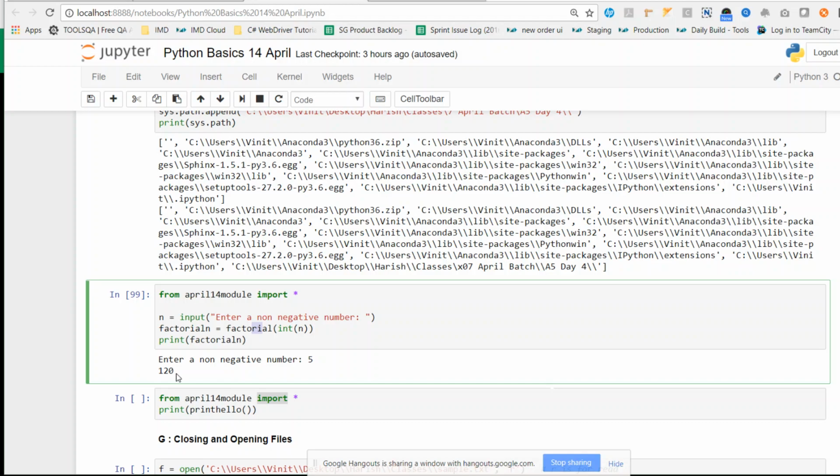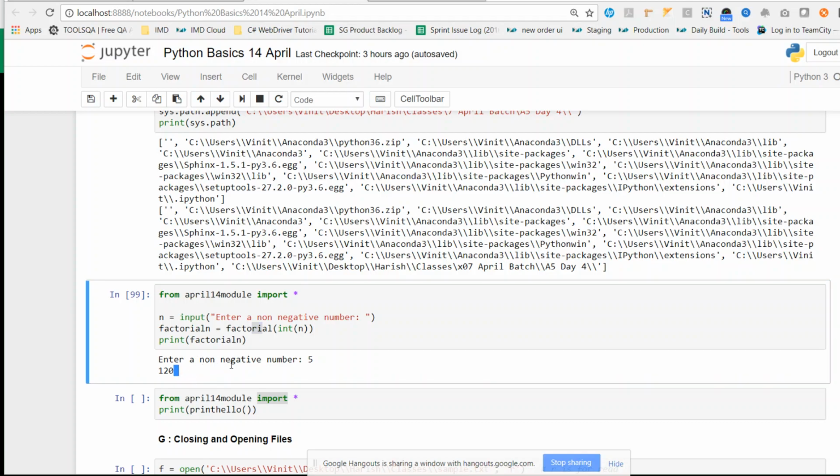Sometimes you have a requirement wherein you need to do some date-related or time-related calculation that is required again and again in different programs. It would be a waste of time to write a function in each and every program. So usually date-related subroutines or functions are written in a module. If you want to find the difference between two dates, or add some days to a date, and so on, those things will be written in a module.